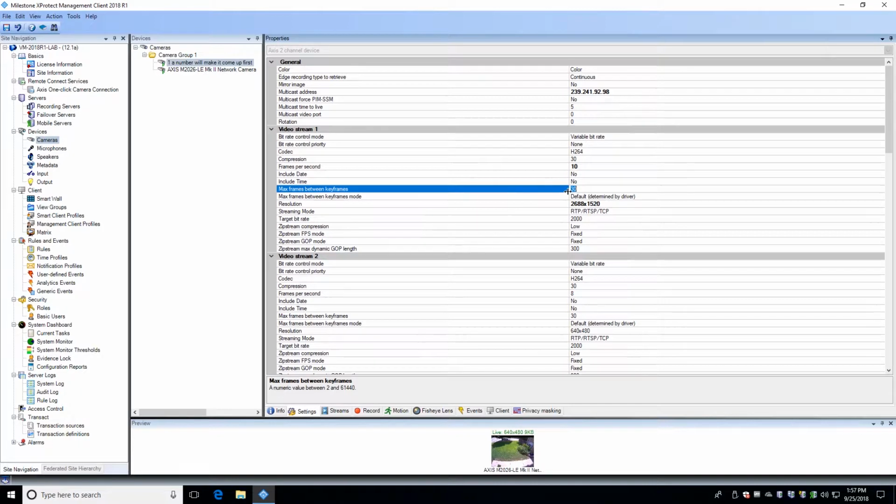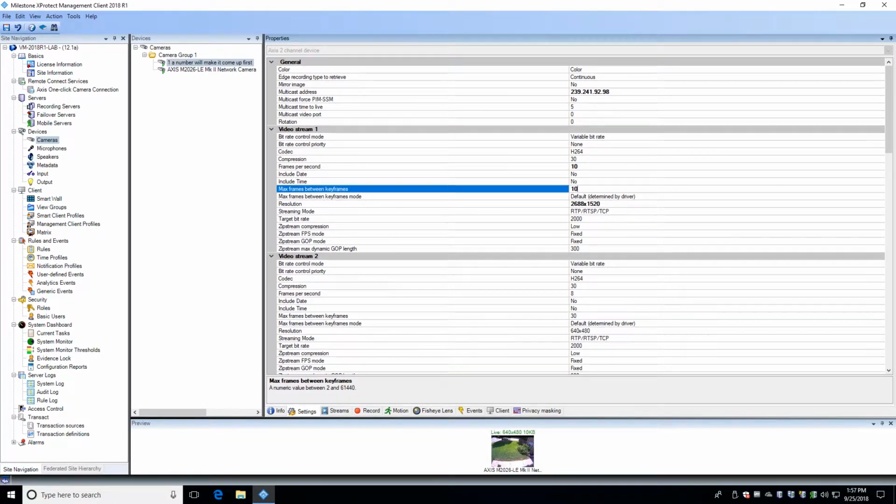This manually determines the rate that keyframes are sent from the camera. Industry average is 1 keyframe per second, so generally you'd enter the same number here that you used for your frame rate. For example, if your camera is running at 10 frames per second, entering a 10 here would produce 1 keyframe per second. Entering a 5 here would produce 2 keyframes per second, or 1 every 5 frames.